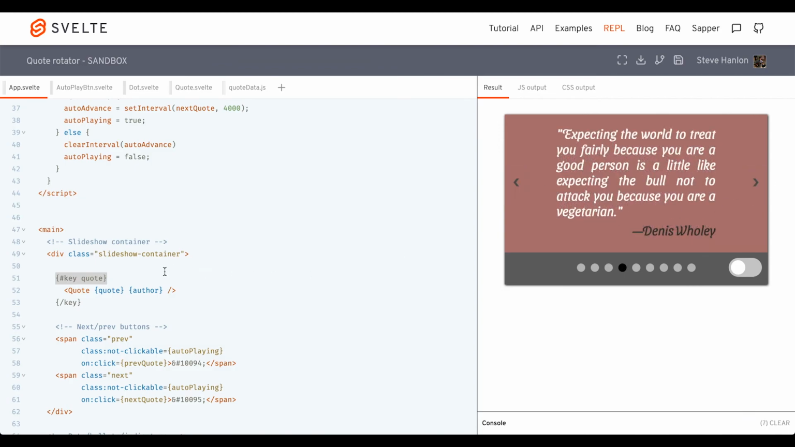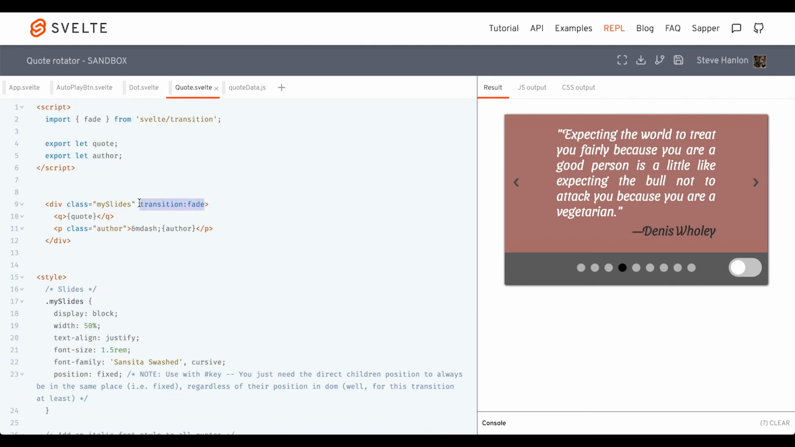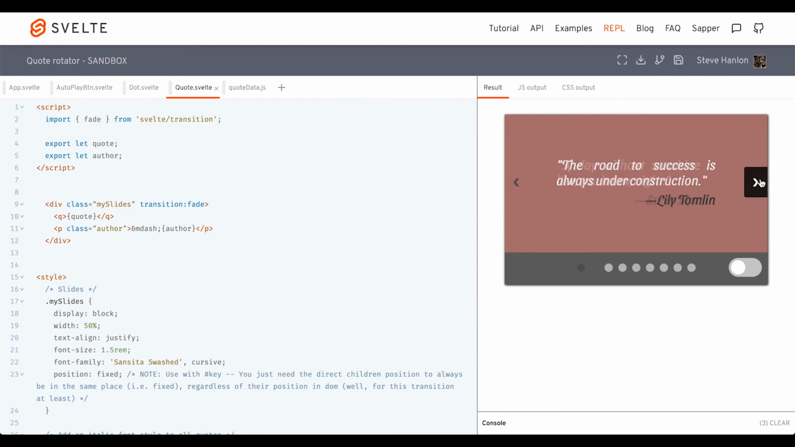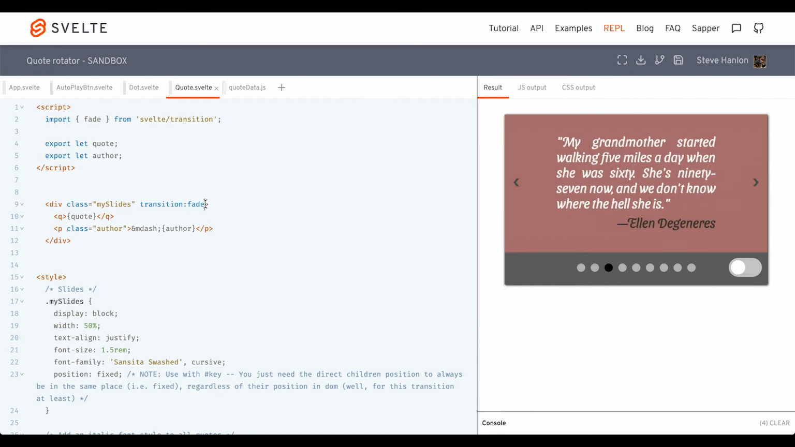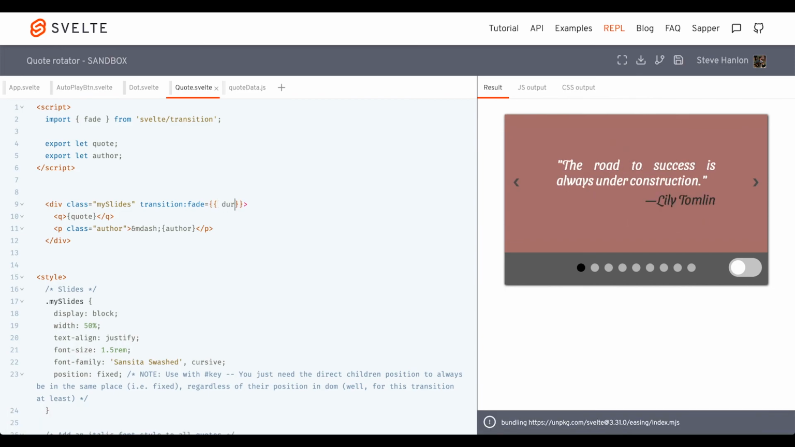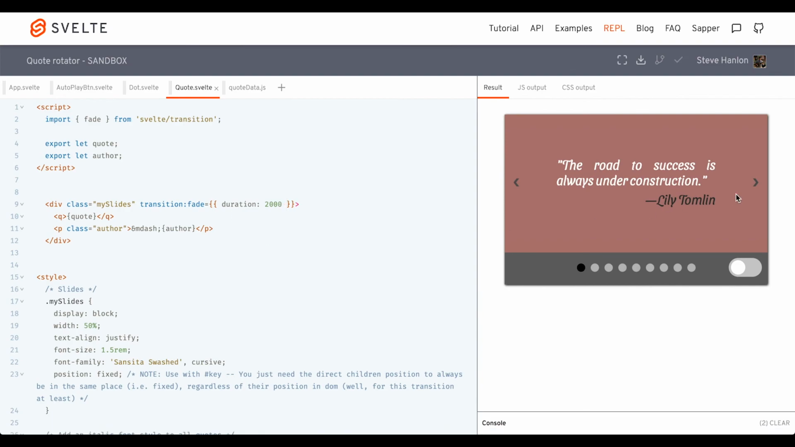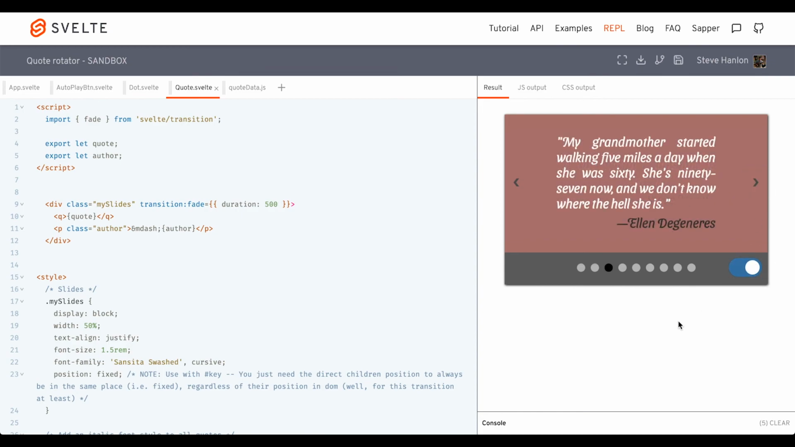Whereas before, without that transition, if I go back to Quote and remove this, you can see the transition is sudden. But if I add that back in, then it's much smoother. I can even add things like duration. Maybe we want the duration to be 2,000 milliseconds. Which is too slow, but you get the idea. Maybe we make it 500. So now even on the autoplay,